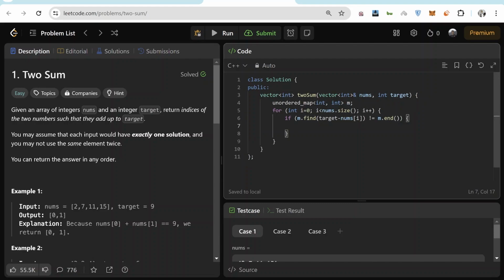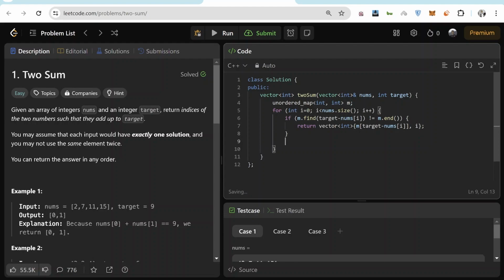In that case, we just return a new vector with values m of target minus nums[i], which will be the index of the found value, and the current index.